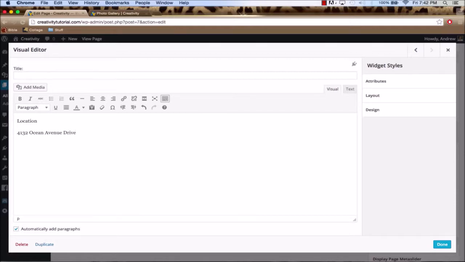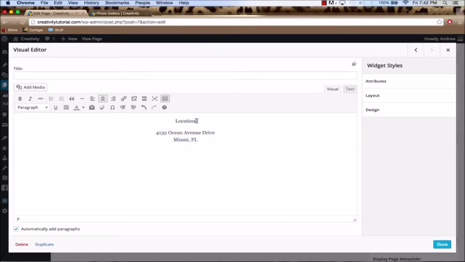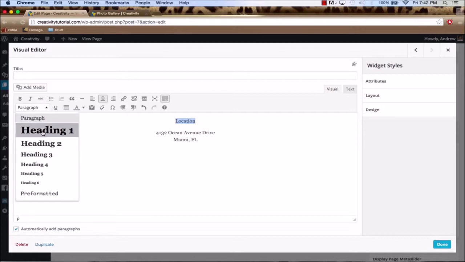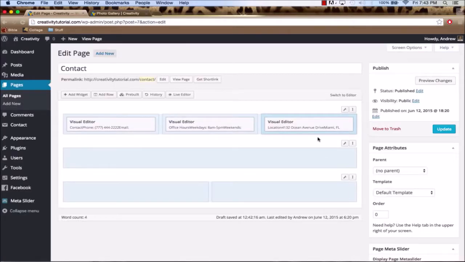Hold the Shift key and press Enter. And then select all of it, align it in the center, highlight over location, and make this a heading 1, and click Done. Now, if we go and click Update,